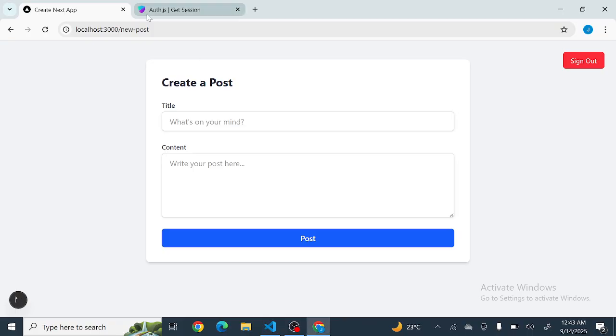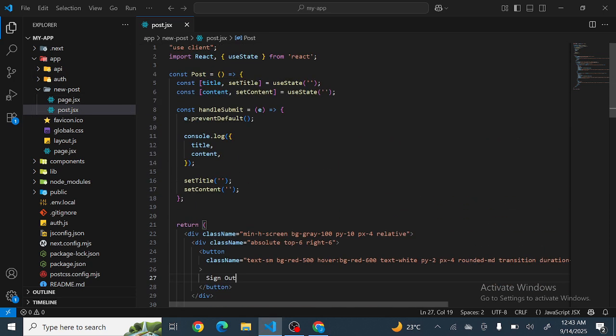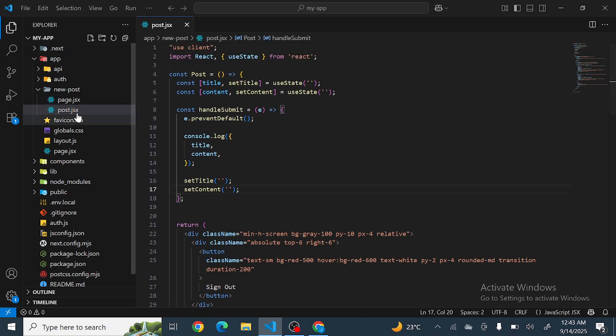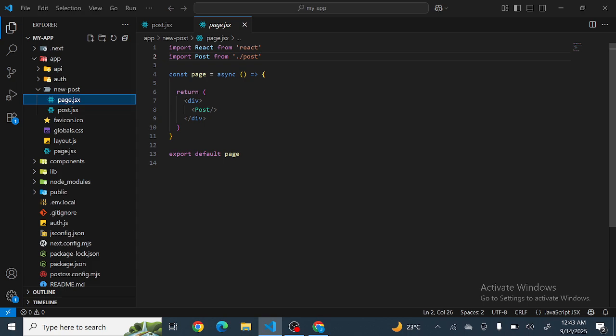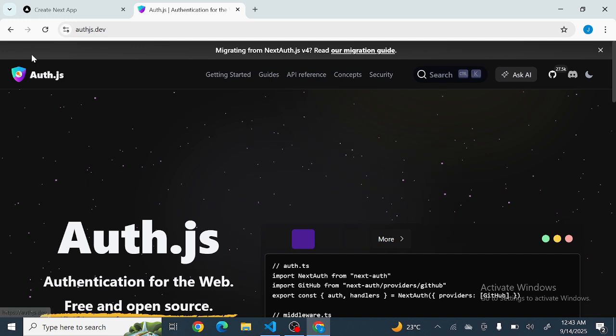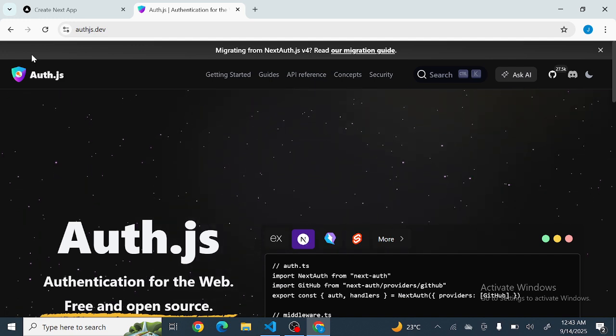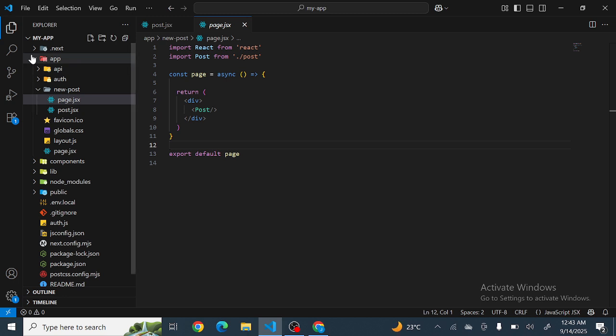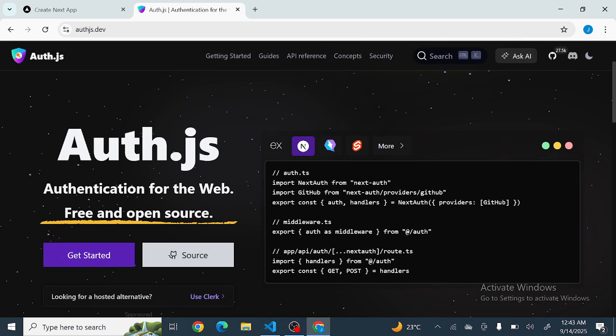So I have this file called post.jsx that runs on my browser. It's a client-side component, and I have the server-side component that runs on the server. So I would visit the website authjs.dev and see how we can get our session object. Now, the way we can identify if a user is signed in or not is to check if the session exists. The session is an object that is created every time a user signs into a web app or a website. So in here, I'll just click on get started